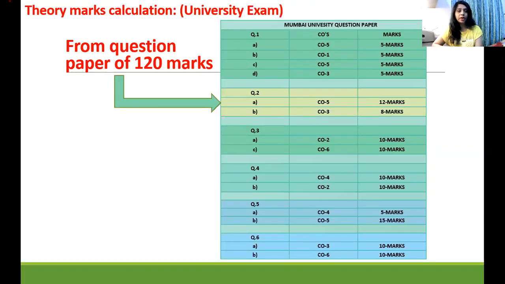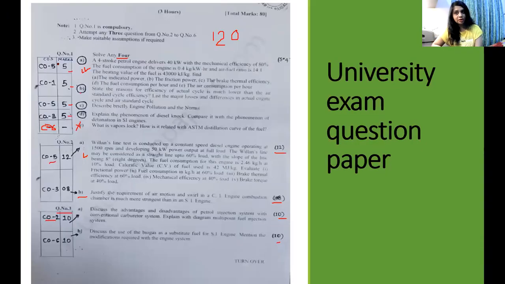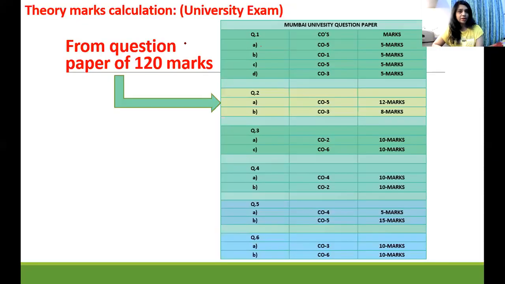Now next you have to make such a table. In the table again I will write question number 1. Suppose I think the students might have attempted A, B, C and D, and I will write their COs. That's CO5, 1, 5 and 3. So here you can see I am making the same table. This is COs, question number 1. So CO5, CO1, CO5 and CO3, and marks assigned to these COs are 5, 5, 5, 5 because these questions are asked for 5 marks each. So I will make this table like this.